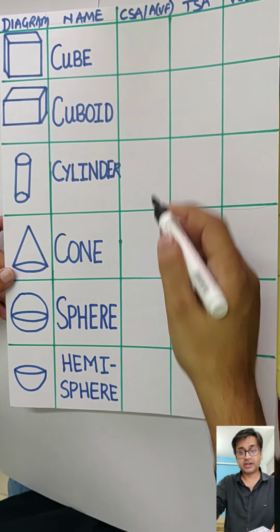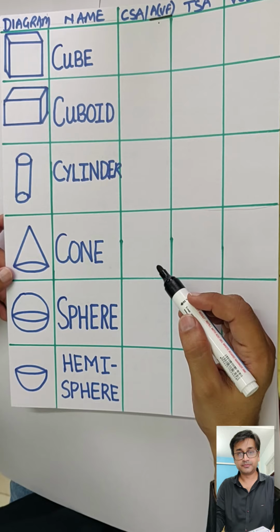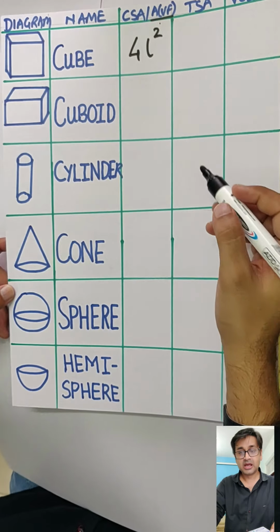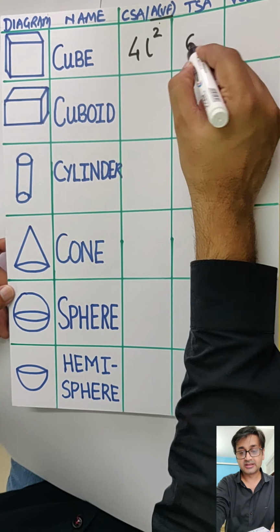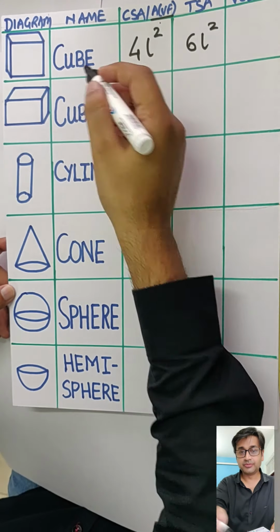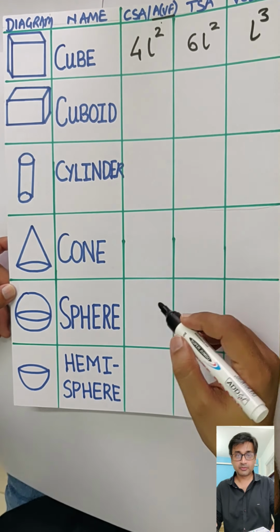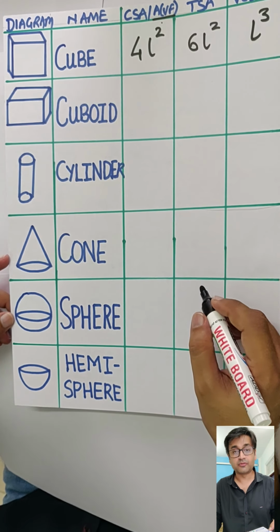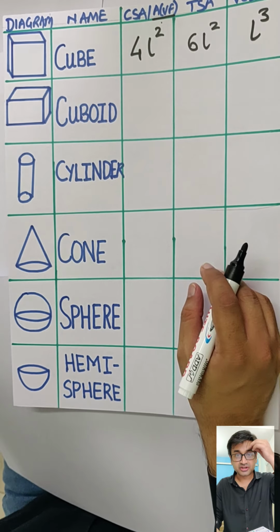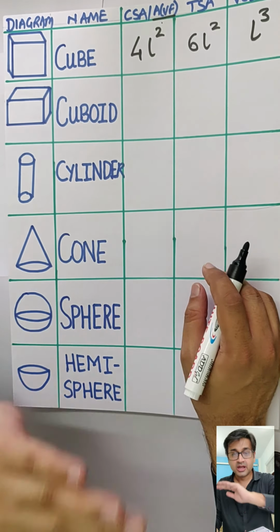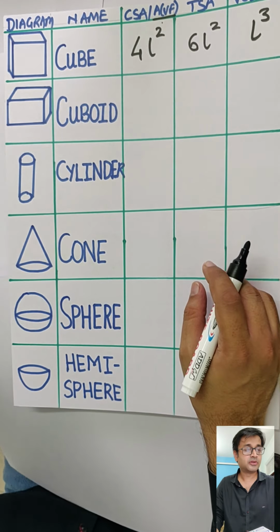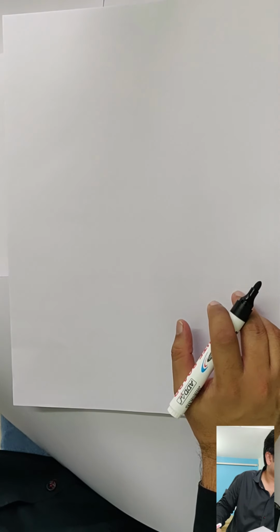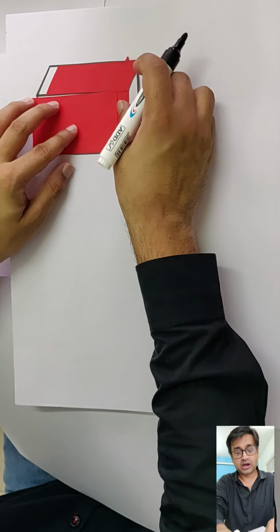So first for the cube, can you tell me the area of vertical faces for a cube? 4 vertical faces, as just taught. Very good. 4L square. Likewise, can you tell me total surface area? 6L square, 6 faces. And volume that we just now derived? L cube. Perfect. I want you to pay attention completely to this part when I'm explaining the derivation of most of the formulae, so that it registers very well in your head. Once you know these formulae, the topic is very simple. But if you do not know, then it's going to be a nightmare. So let's go on to the next shape, that is a cuboid. Now this is your cuboid. How does your cuboid look?